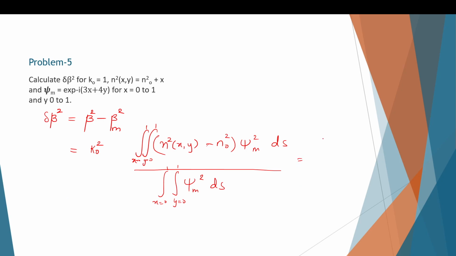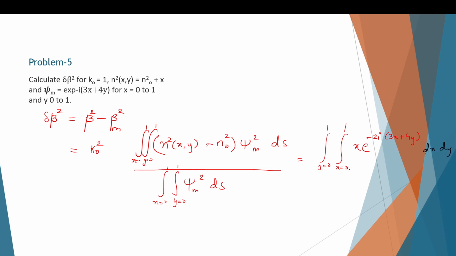So this will become the double integral, y equal to 0 to 1, x equal to 0 to 1, x e power minus 2i. I'm just substituting all the things that they've already given to us, 3x plus 4y dx dy